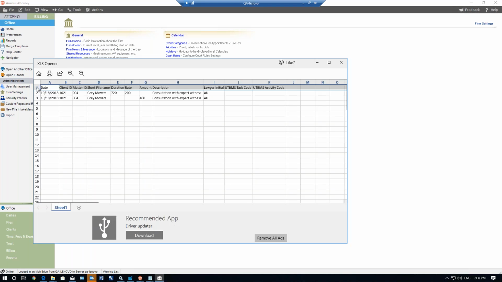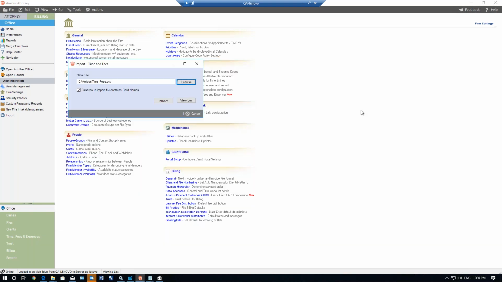the first row there is a header row. So I'll indicate here the first row contains the field names, and therefore the system will know that it has to skip that row. Now, we have the option to import, but before we import, I'd just like to go and look at view